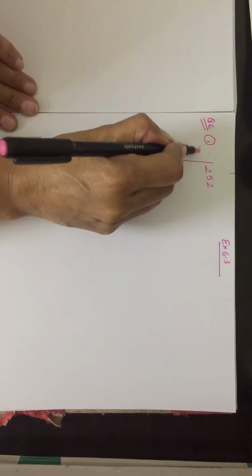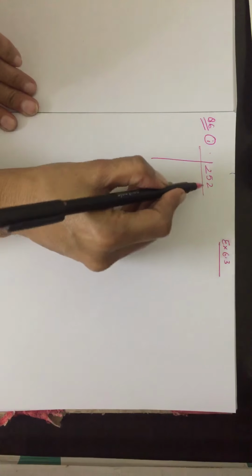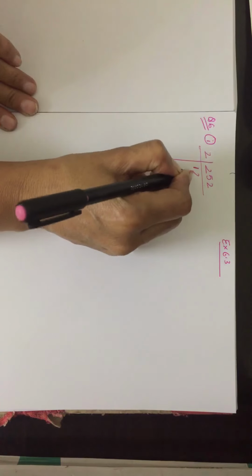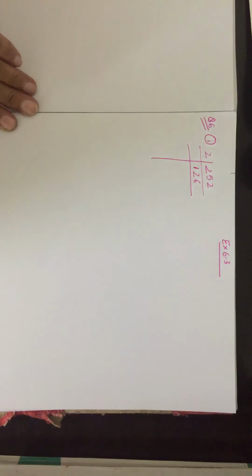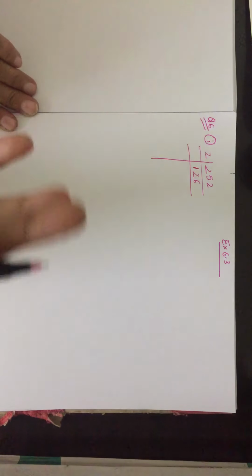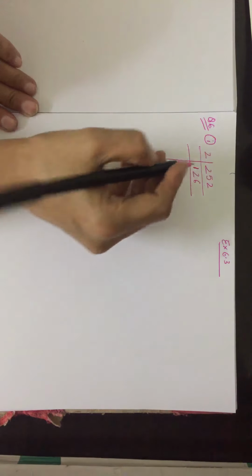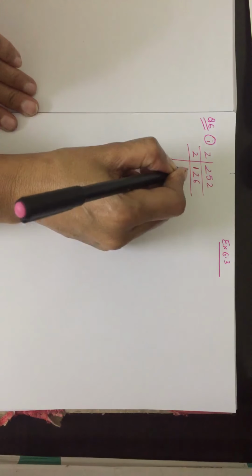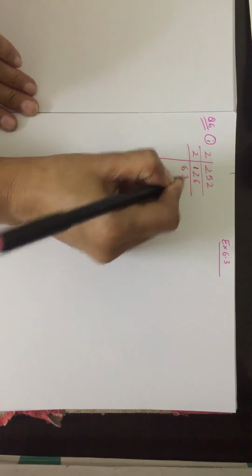252. So first we are going to find out the prime factors of 252. One's place is 2, so it will divide by 2. 2 ones are 2, 2 twos are 4, 2 sixes are 12. Apply the test of divisibility to check by which number it can be divided: 2, 3, 5 and so on. Again, one's place is an even number. It will go by 2. 2 sixes are 12, 2 threes are 6.